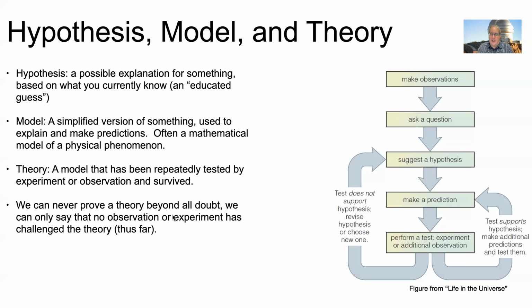All you can say is that every single test we've tried, it has survived. We've thought of everything we could to disprove this model, but we failed. We could not perform a test that disproved this model. It passed every test we thought of. And again, that's only up until now. Maybe you'll think of a better test tomorrow that will disprove this model, but everything you've tried up to this point has not disproved this model, and therefore this theory continues to survive.